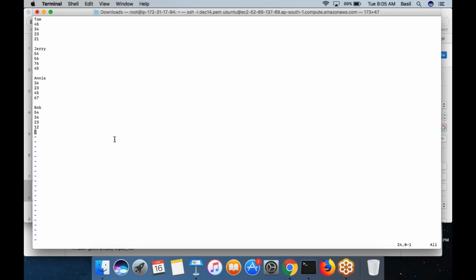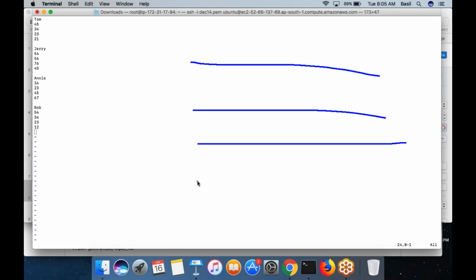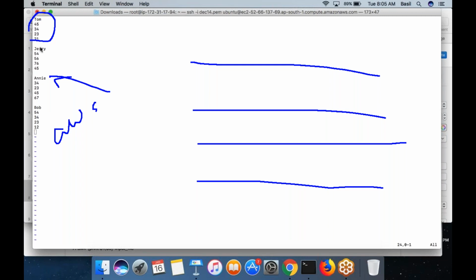Now what I want to do is make it in such a way that one student's record is printed in a single line, the second student's record in a single line. So I want only 4 lines in the output. I want my awk command to work on this input and process it, and then in the output I want this printed in the first line, this in the second line. So each record I want printed on its own line. That's not how it is in this particular file.